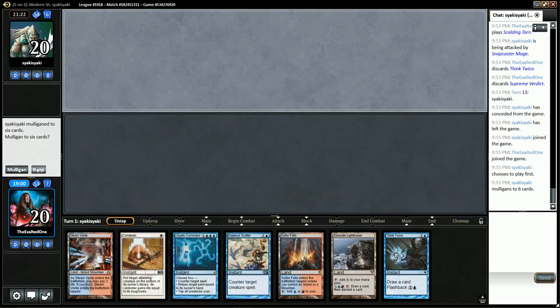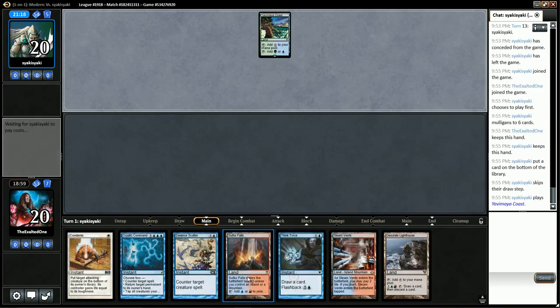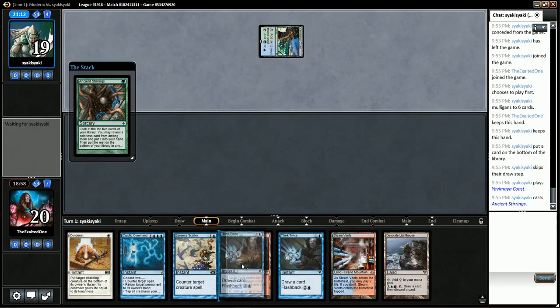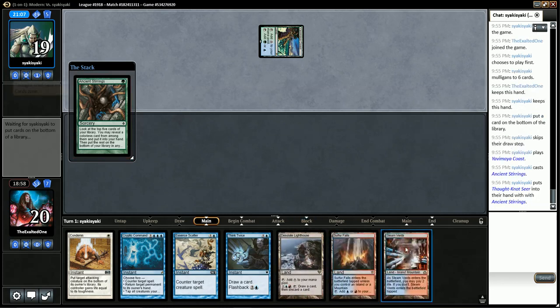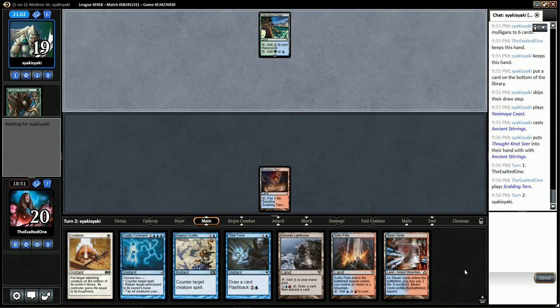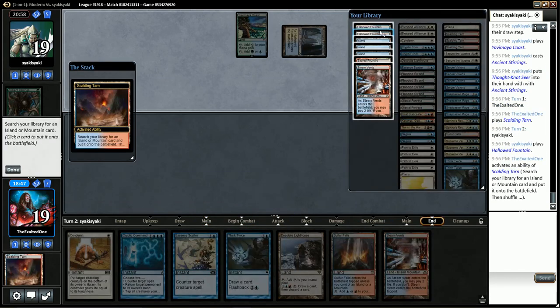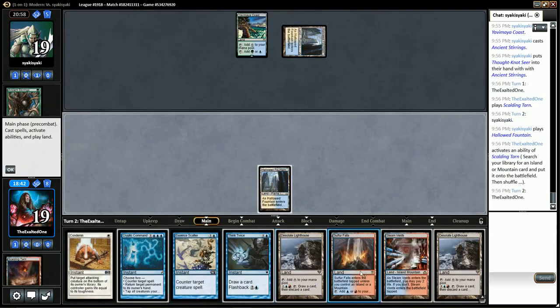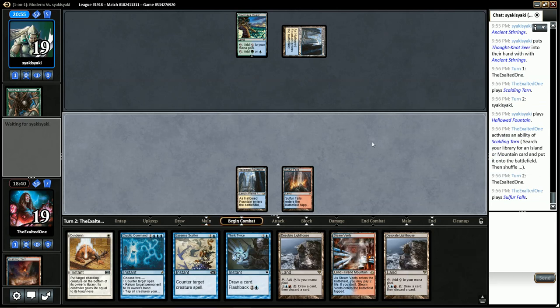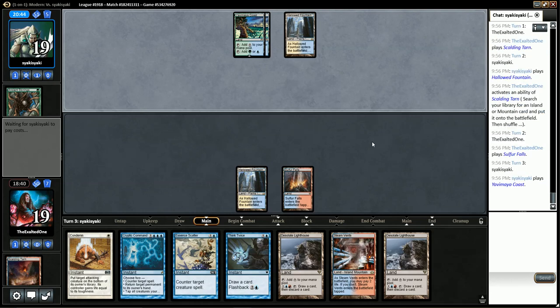Yeah, this hand looks fine. I mean, we're missing white mana, but it has a plan. Okay, Ancient Stirrings, but not a mana guy. Thought-Knot Seer. Okay, so we know at some point they'll have a Thought-Knot Seer. I want to fetch a white source sooner rather than later, so probably fetch out Hallowed Fountain, then play Sulfur Falls. Now we have the option to Negate, or Essence Scatter, or to Think Twice. And I would really like to line up this Essence Scatter against that Thought-Knot Seer. So if they play like a 3-drop here, we'll just...